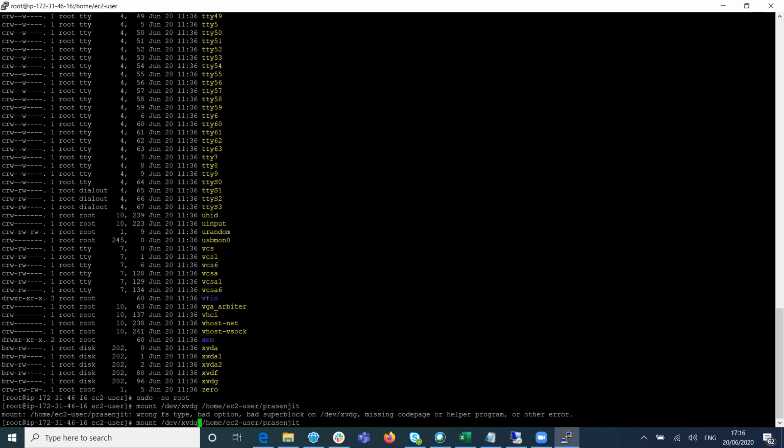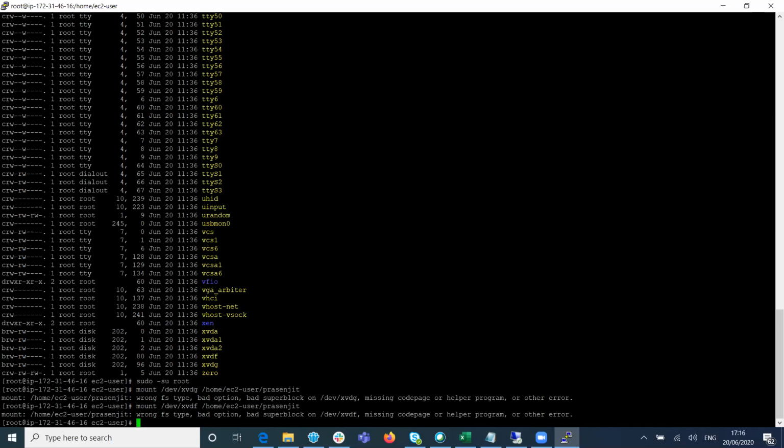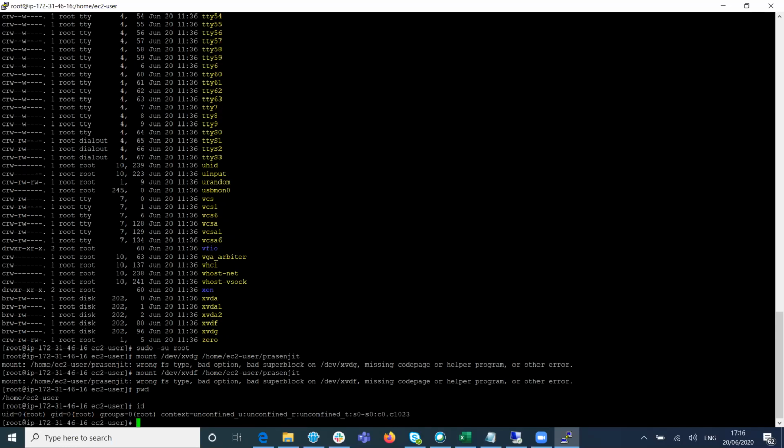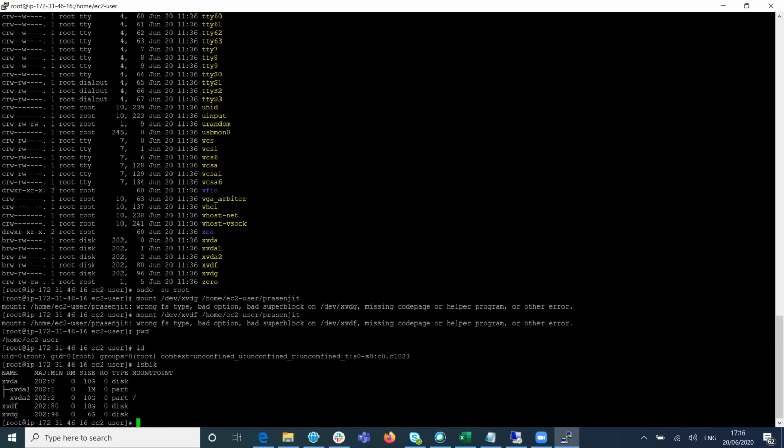Okay, not a problem, Prasenjit. Use this command to list that one. You go to the root, sudo. Yeah, I mean root. So I'm on root. You're on the root. So there is a command called lsblk, list block. All the devices which are associated with this, it will show there. Just type that, lsblk. So you see that now.